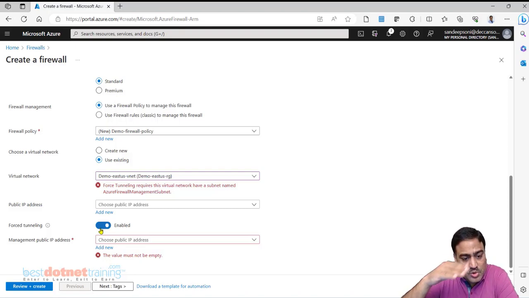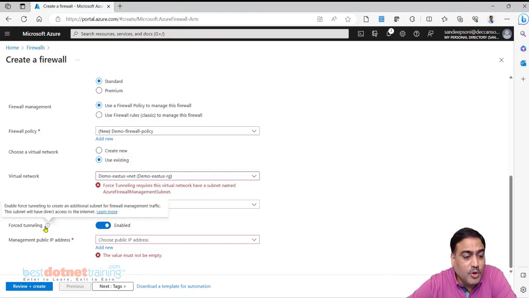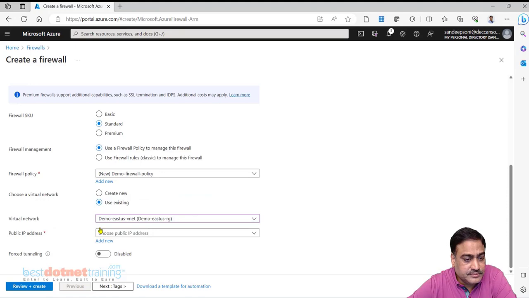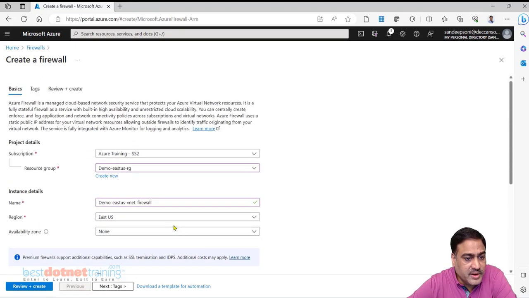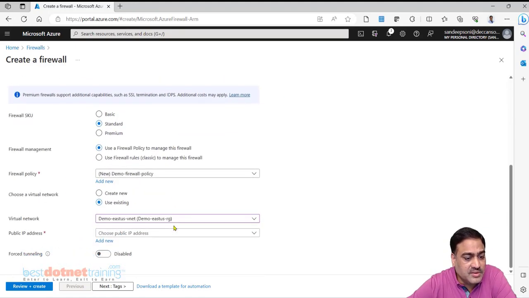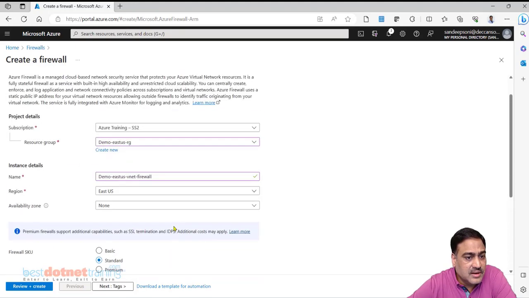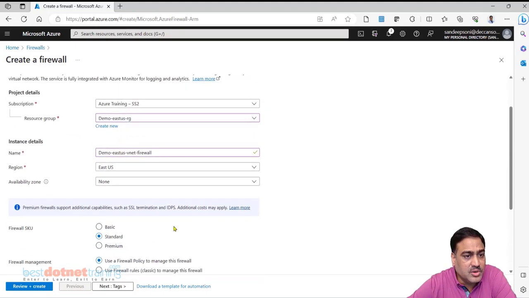Your traffic should go to on-premise and from there to the internet. In those cases, you may want to have forced tunneling enabled. I don't want that; we don't have an on-premise connection at this point anyway. With all this configuration, I would like to create a firewall. Review and create.